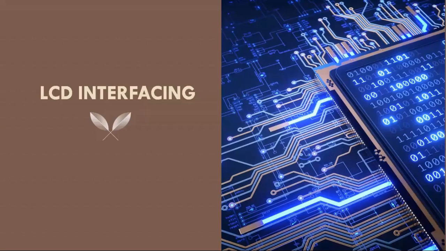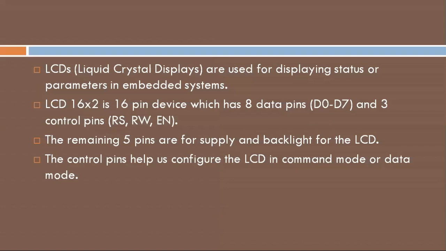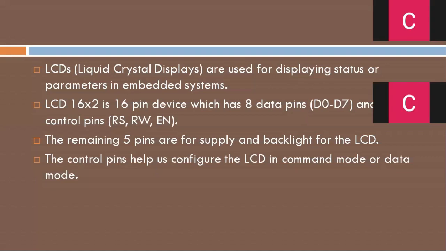As the next program, LCD interfacing. So coming to the definition, LCD stands for liquid crystal display, and these are used for displaying the status or any parameters which are in the embedded system. So in our experiment, we are using LCD 16x2, meaning it has 16 columns and 2 rows, and we need to display the matter along this 16x2 display screen,